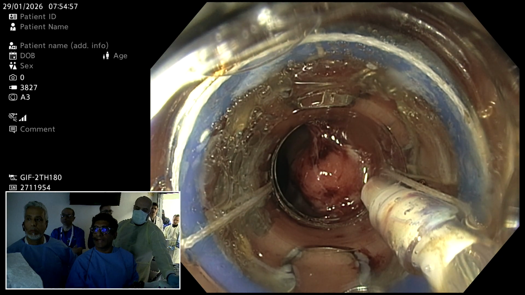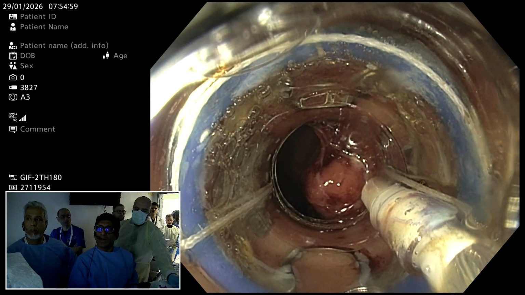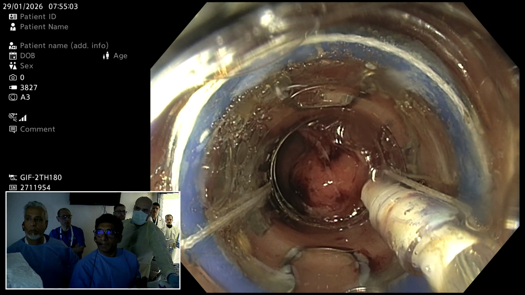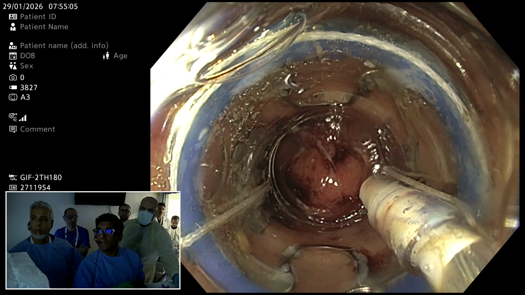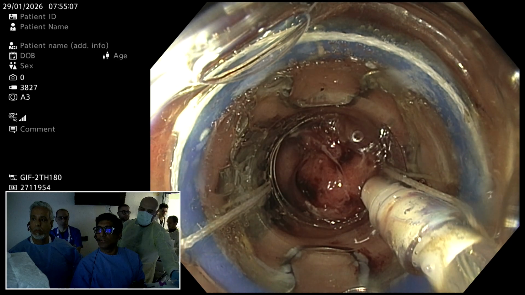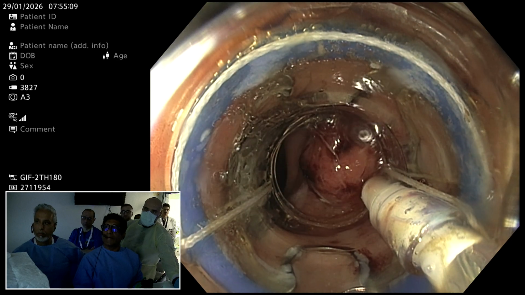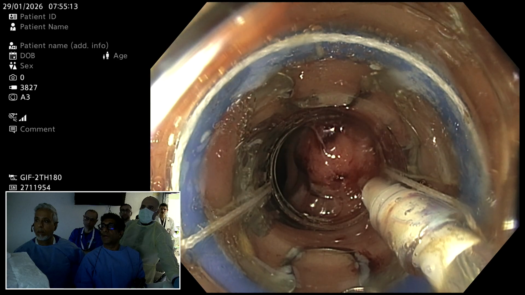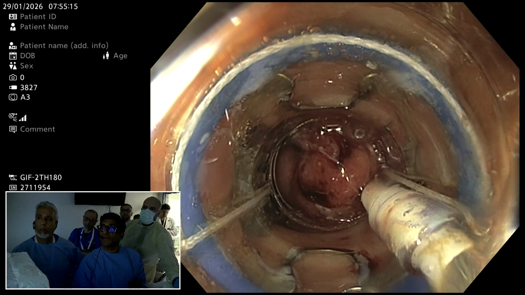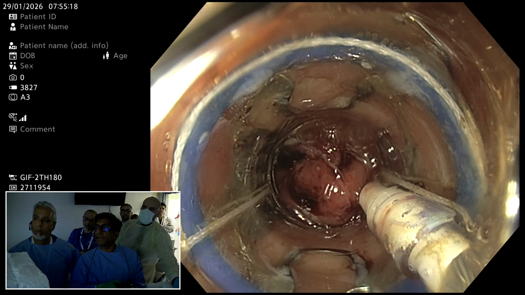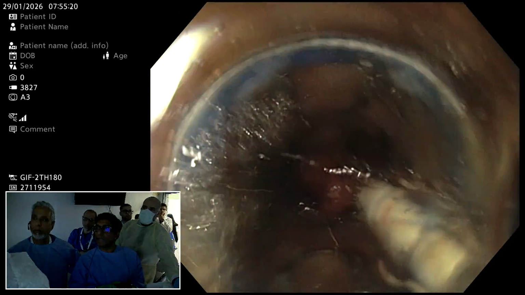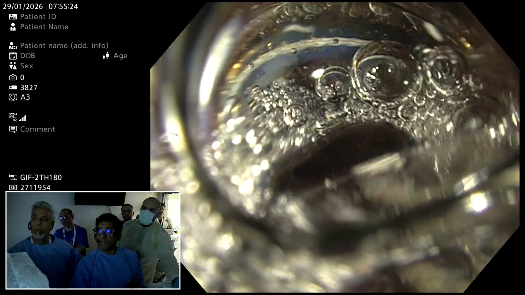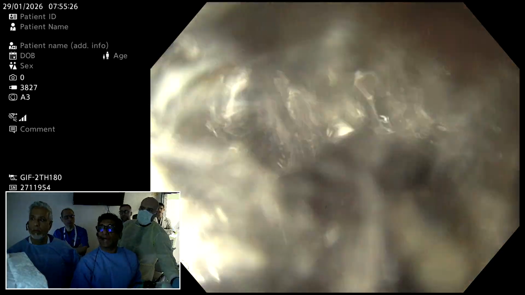So here we have a device which is an over-the-scope device, known as the OTSC FTRD device. So I have mounted a cap and I have gone into the duodenum, and I'm enfacing the tumor there, and I have marked that area all around. You can see the markings are there. Those markings were done by force coagulation, and then I use the grasper